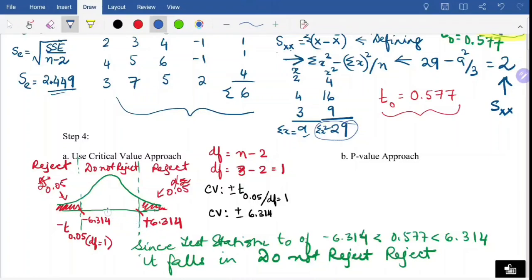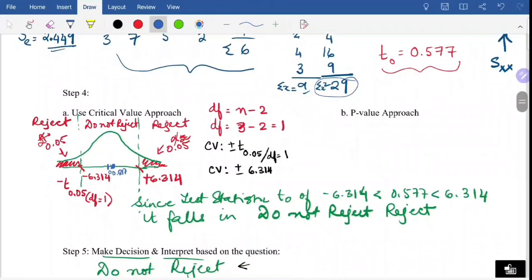So if this is the center point, then 0.577 is slightly to the right of 0, right? It'll be somewhere, maybe here. All right, so 0.577 clearly falls in the do not reject region. All right, so we've written here, since test statistic t sub 0 of